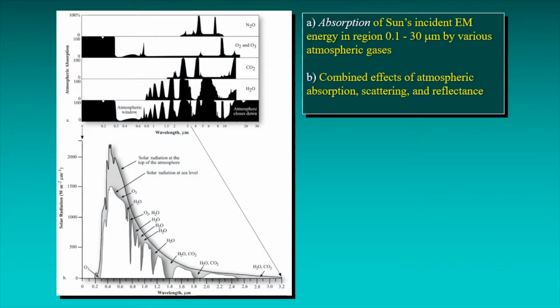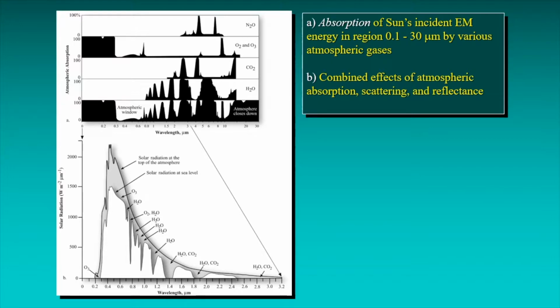In this particular diagram, on the upper part, we see the absorption of the incoming incident electromagnetic radiation that's interacting with the atmosphere over the wavelength region going from 0.1 micrometer out to 30 micrometers. So that's a very long wavelength range on the x-axis there. And we have absorption going from 0 to 100 on the y-axis of those little subplots in those multiple top